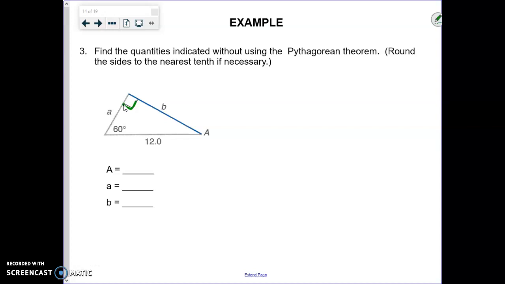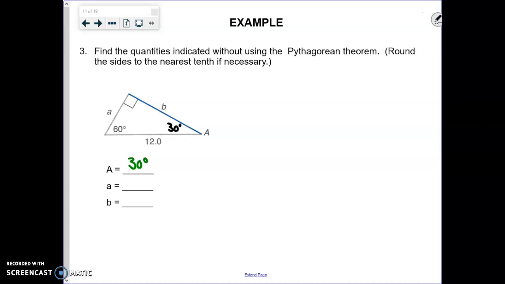and if you notice, we have a right triangle, a right angle, and we also have a 60-degree angle. So if you don't know what the missing angle A is, then remember the angles of a triangle have to add up to 180. So if you take 180 minus 90 minus 60, the missing angle there should be 30 degrees, okay? Also, if you just know that it's a 30-60-90 triangle, that gives it right away. If this is 60, then this has to be 30 right here. So I'm going to go ahead and write that in because it doesn't hurt to write stuff in on these